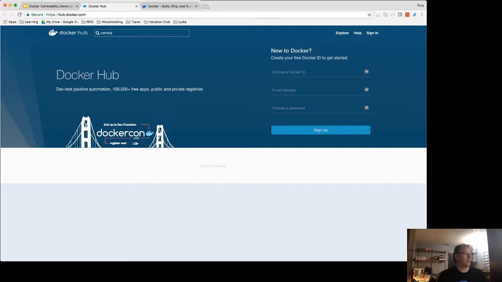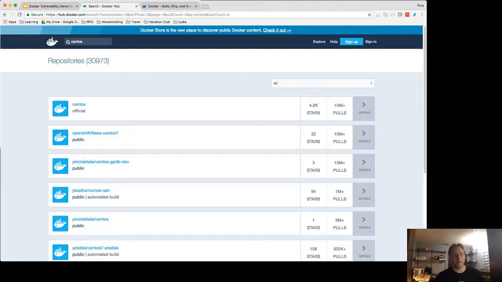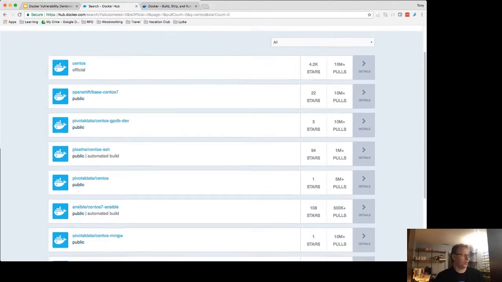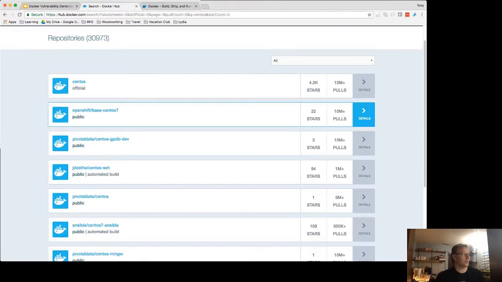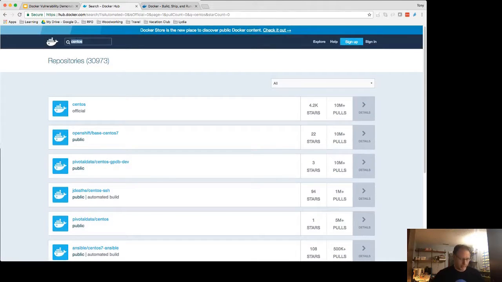So if you decide you want to run a CentOS environment and you need a Linux server for a very small environment to run things in and get things running, you can come out here and get CentOS. CentOS is a Linux-based operating system. If you decide you need a very small one, Alpine is out there. Alpine is a very small Linux environment that allows you to have a very small footprint, which is very typically